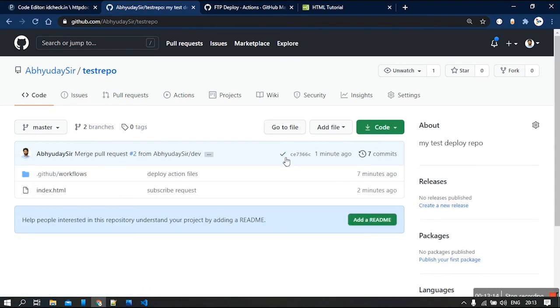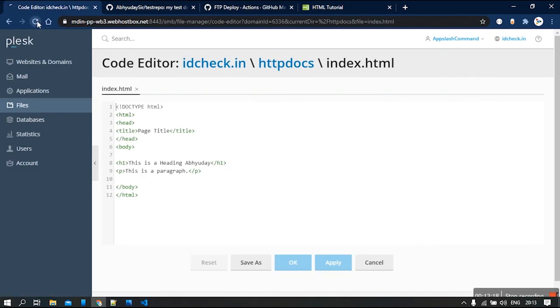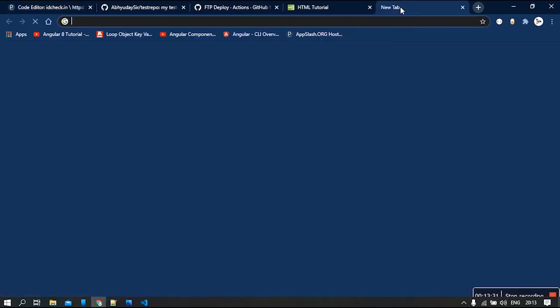So as you can see, there is a tick symbol over here. This means that the file has been deployed successfully. And once I reload this index.html file again, I can see the changes have been made. Since idcheck.in was a domain that was attached to a public folder, I can right away ping this website